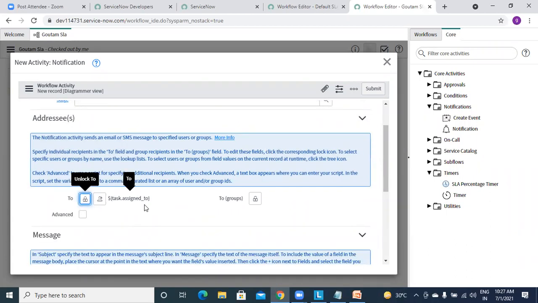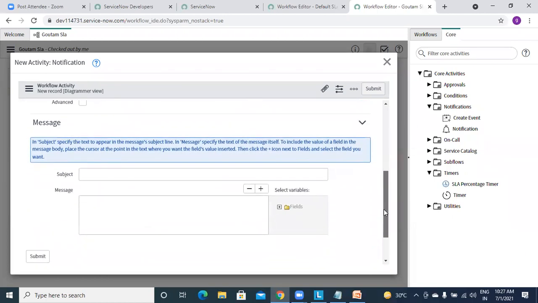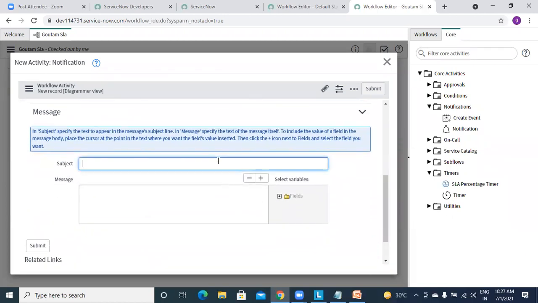So this will also work the same, but here we can write any text by ourselves, like one here: SLA reached 30%. So this is our normal subject and message which we can give in our email.